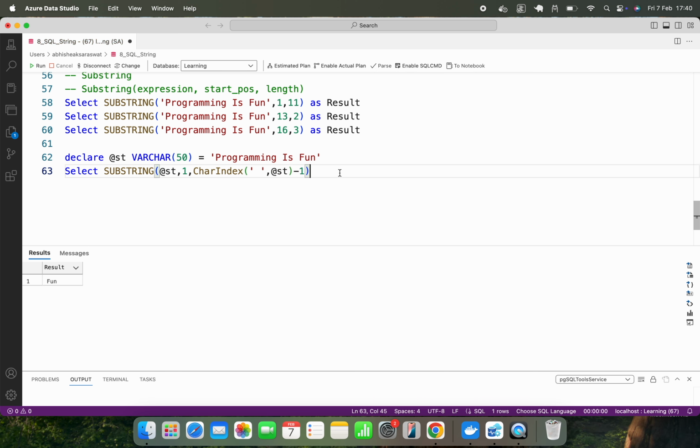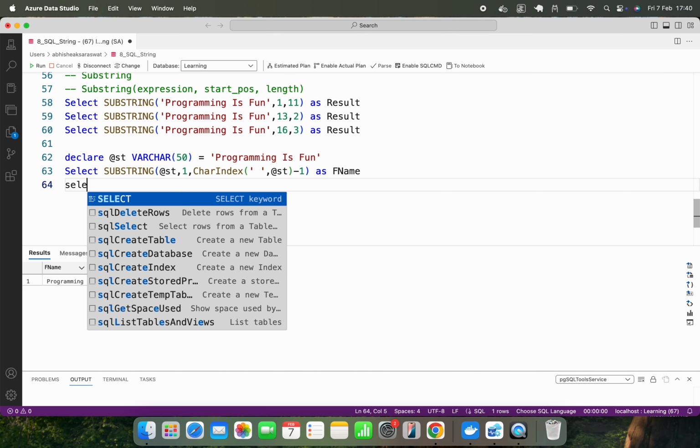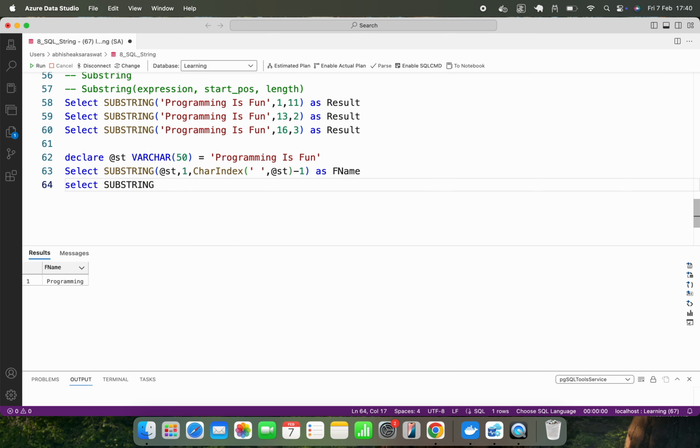Simple. Let's say first name. Now let me run this. So you can see, similarly, if I am going to extract the middle name in the same string, what will be my starting position? My starting position will be